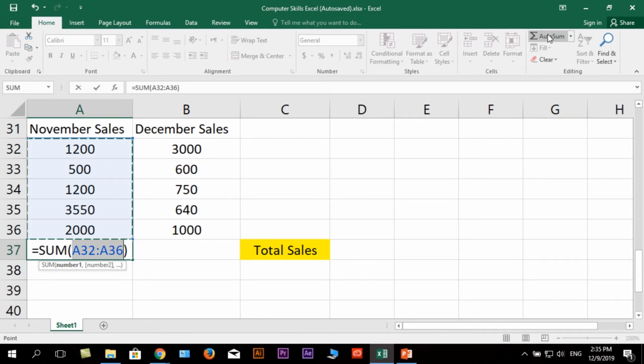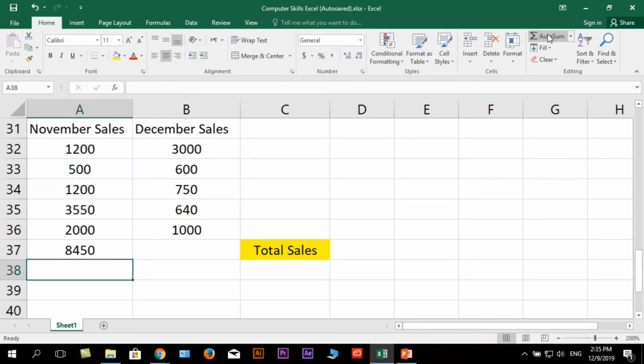Hit the Enter button on your keyboard to accept the highlighted cells and see the total value of your data. The total is 8,450. Another way to use the AutoSum button on your numerical data is by selecting the cells that you want